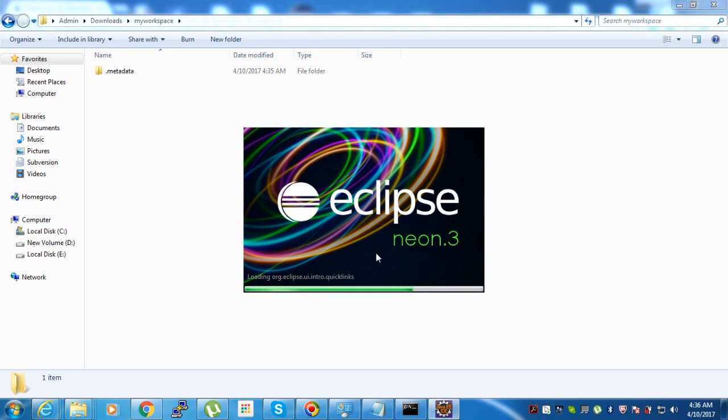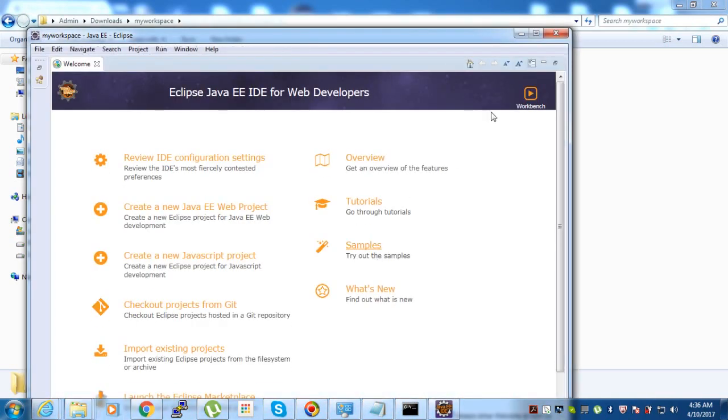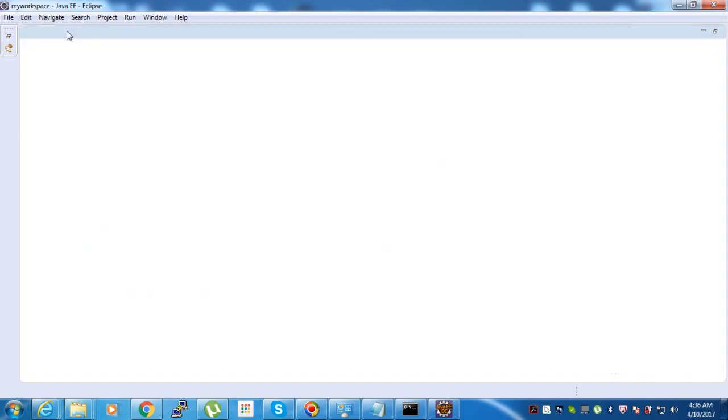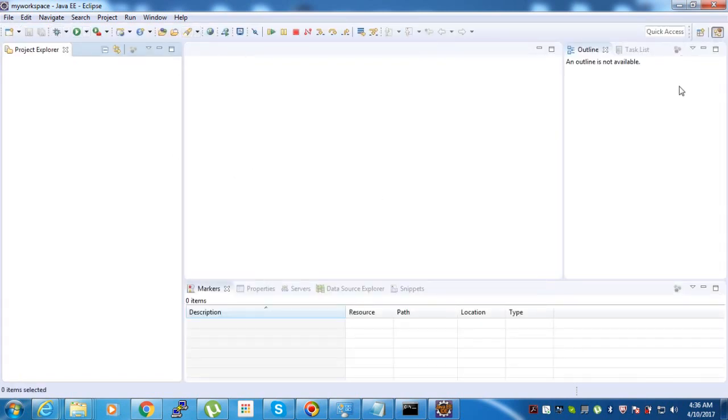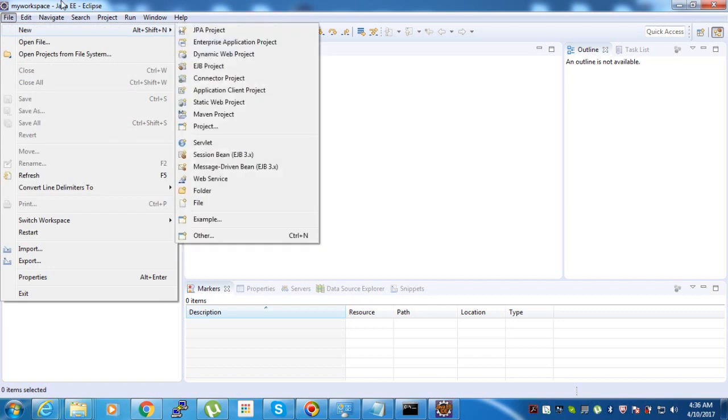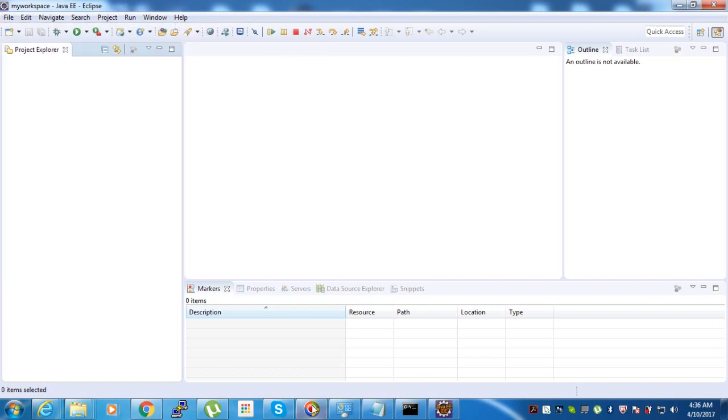So friends, the most important thing to keep in mind is Java installation before Eclipse. So now Eclipse has already started in my machine, and we can see the Eclipse welcome page. I will just close this page, and here is our default Java perspective of Eclipse, and we can make programs and projects in this Eclipse IDE. So friends, this is about the